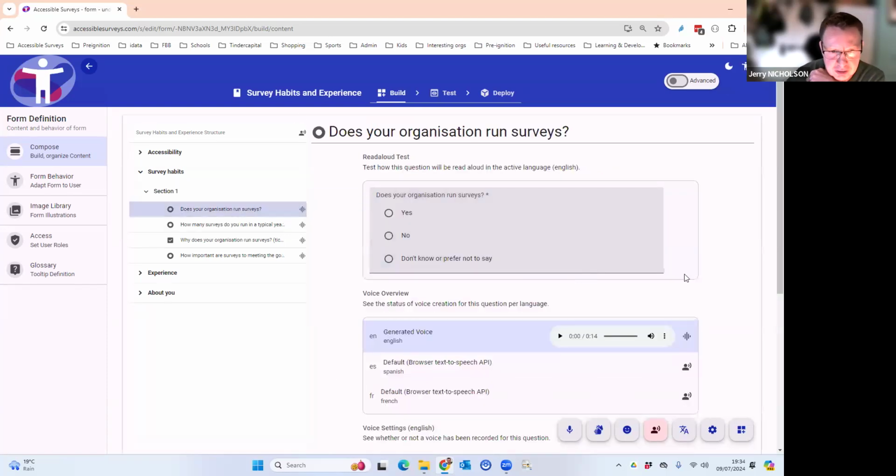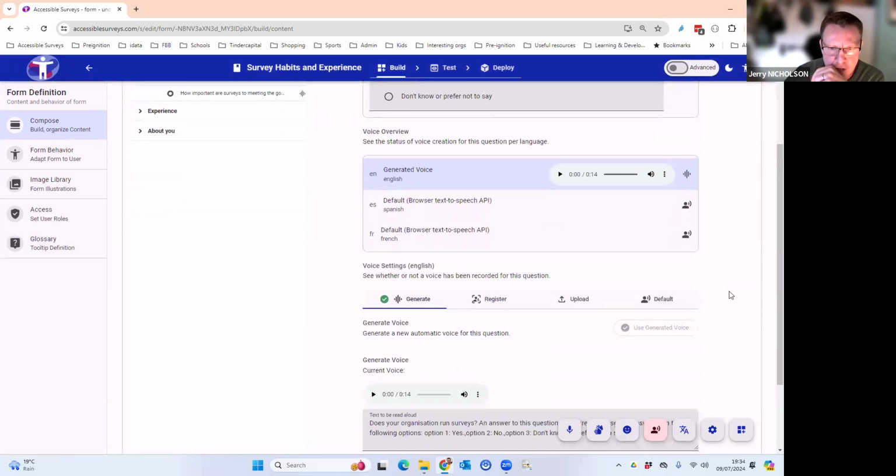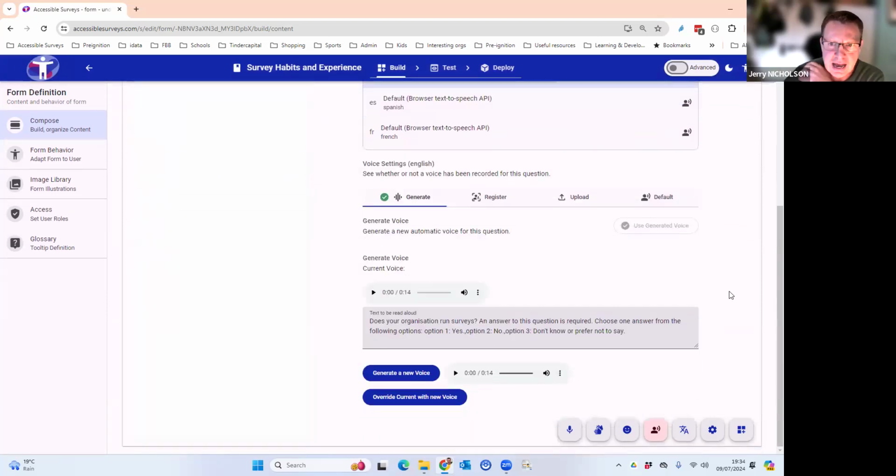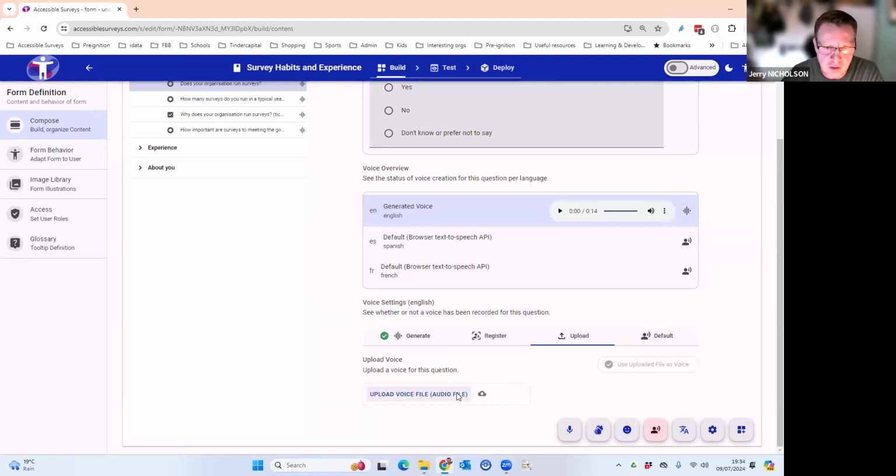If we go back to a question itself, you can choose which voice is used. You can either have the default voice, which is the browser supported voice. There's the option to upload an audio file, so if you have someone recording your questions for you, they can provide those recordings in an audio format, which can then be uploaded here.